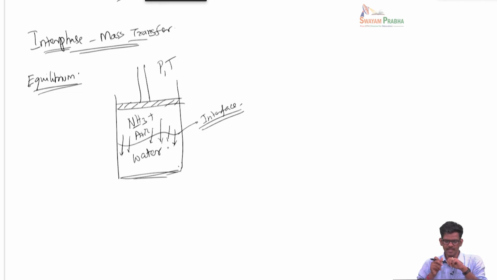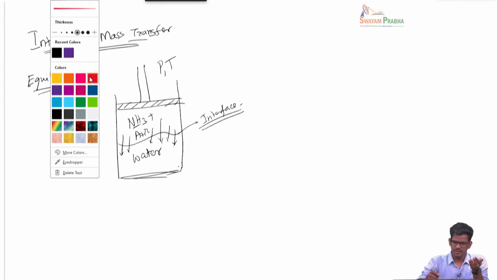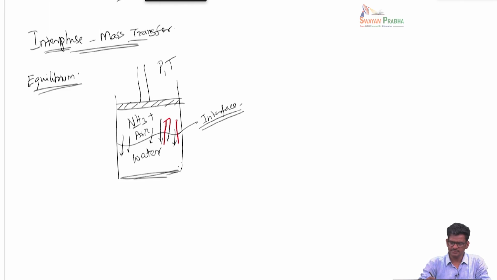Now this is not a one-sided process. Once you have more and more ammonia dissolved in water, some amount of ammonia will also evaporate back. So there is some sort of dynamic way in which molecules of ammonia will transport from gas phase to liquid phase. Once the liquid has enough ammonia, then ammonia will also evaporate back to the gas phase. And when this process keeps on going, if you wait long enough, then you will see that